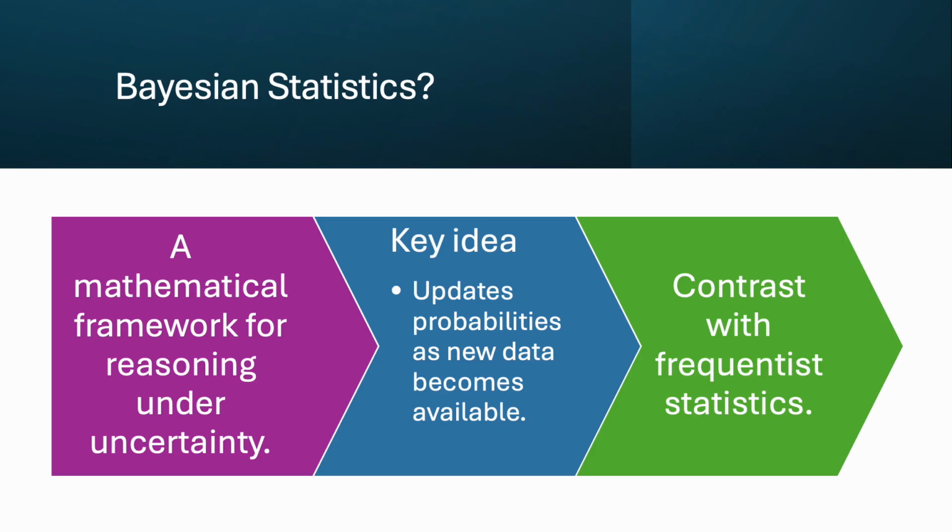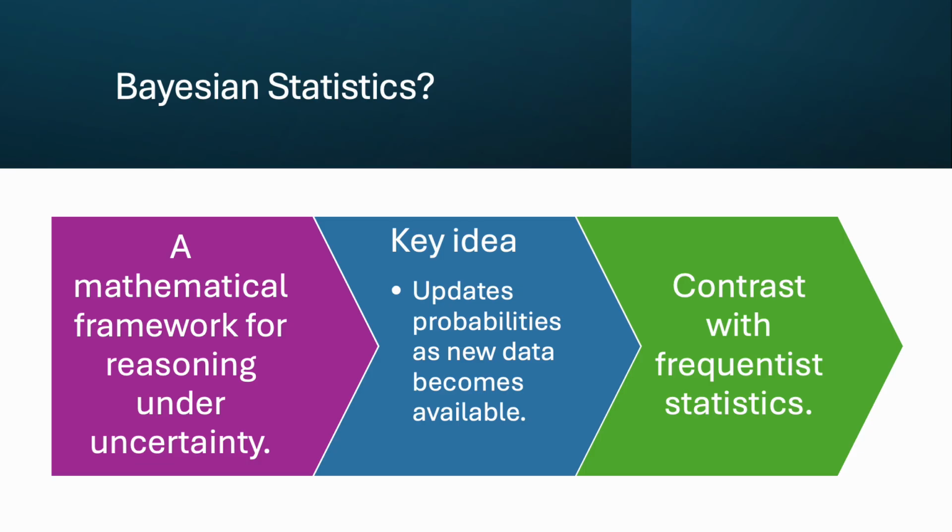Bayesian statistics plays a transformative role in artificial intelligence by providing a robust framework for reasoning under uncertainty. Unlike traditional statistical methods, Bayesian approaches allow artificial intelligence systems to incorporate prior knowledge and continuously update their beliefs as new data is observed. This dynamic adaptability is particularly valuable in artificial intelligence, where models often operate in complex real-world environments with incomplete or noisy data.